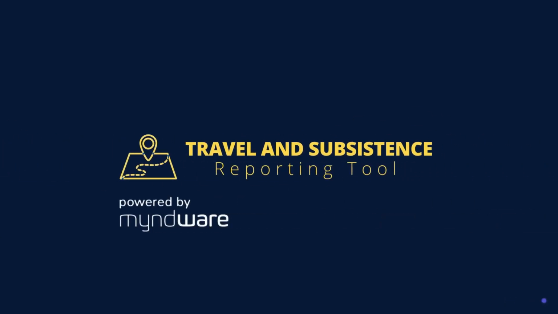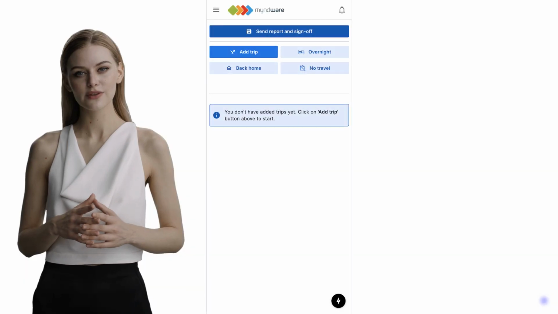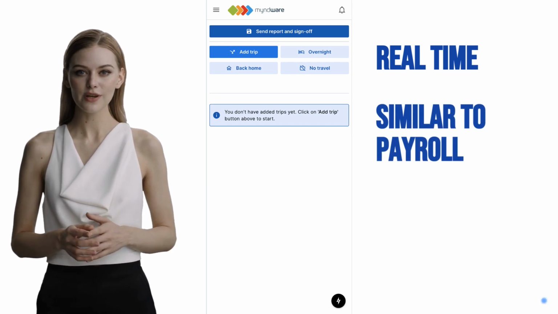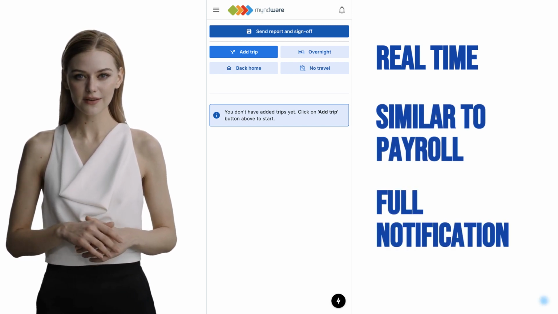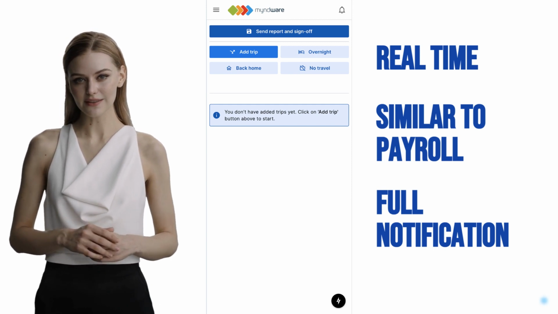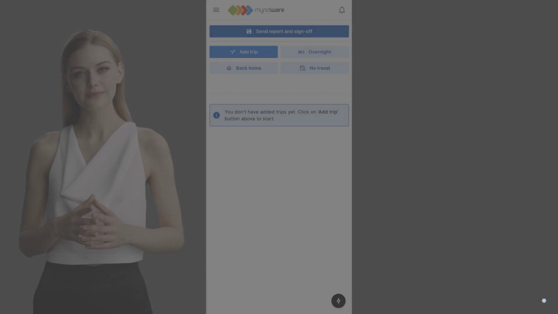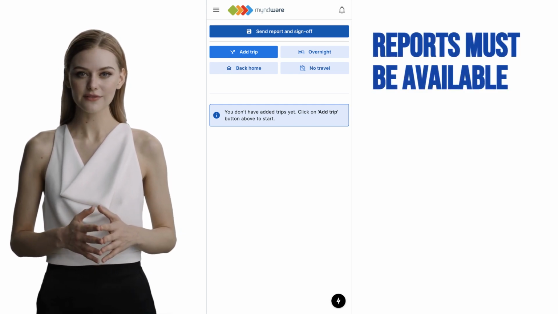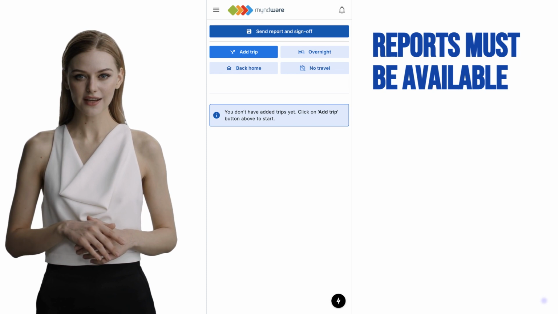Powered by Mindware. Revenue requires all ERR reports in real time now, similar to payroll. For instance, revenue must be notified every time you pay tax-free motor travel and subsistence. At any time, revenue can ask for your motor travel and subsistence files, and for every single tax-free payment where